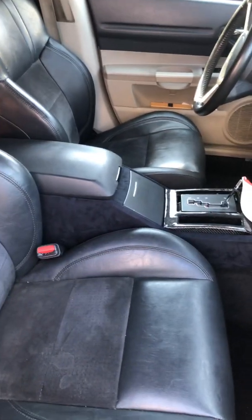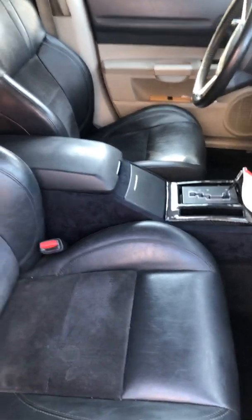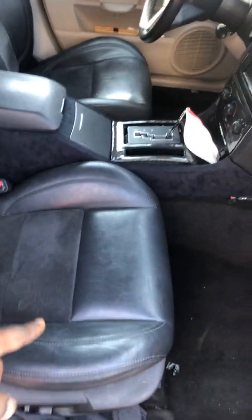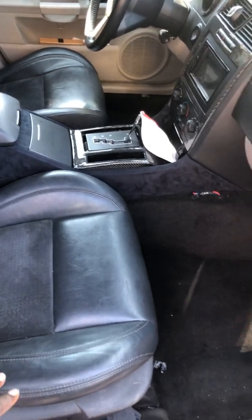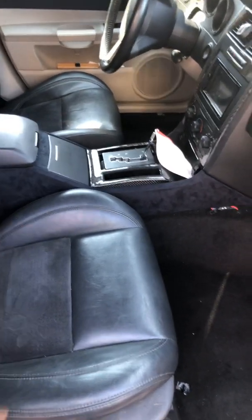Way better. Another issue that I had was that my passenger seat was mechanical, and this one's electric and heated. Both of them are heated. So what I did was I went to the junkyard and I found the car that had also, I think it was a Chrysler 300, that also had electric seats. And so what I did was I took the connector and I ran it to a hot source,